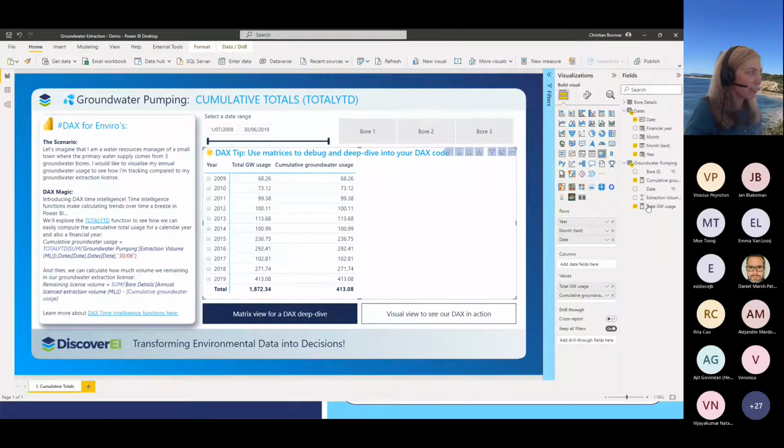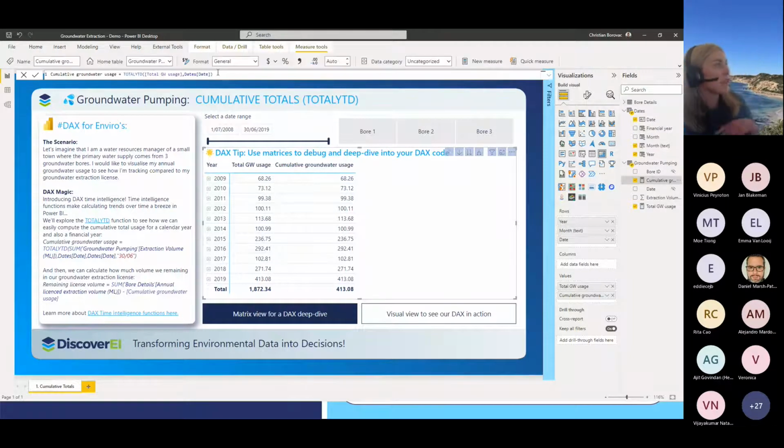So here, our cumulative groundwater total is just resetting at the calendar year. I've dragged calendar year into my matrix, and we can see at this scale, our total groundwater usage and cumulative groundwater usage match. And that's what we would expect, because cumulative is just adding up our usage over that calendar year.